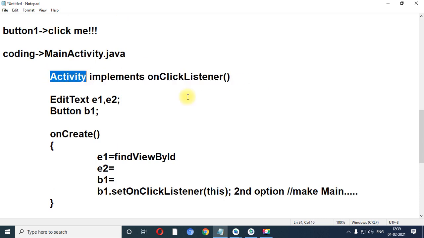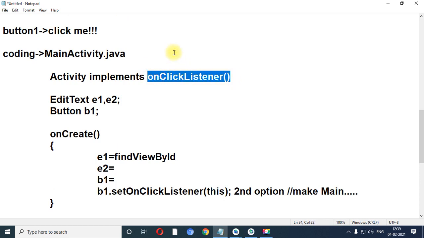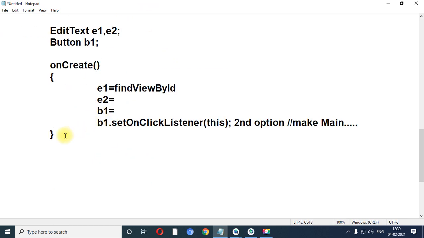One more thing, when it automatically implements, at that time it gives you the suggestion that you want to override the on click method. When you click yes, at that time the on click method is automatically overridden, right?